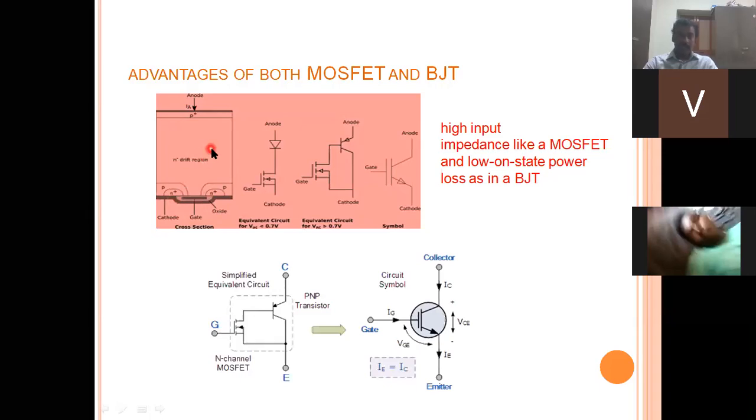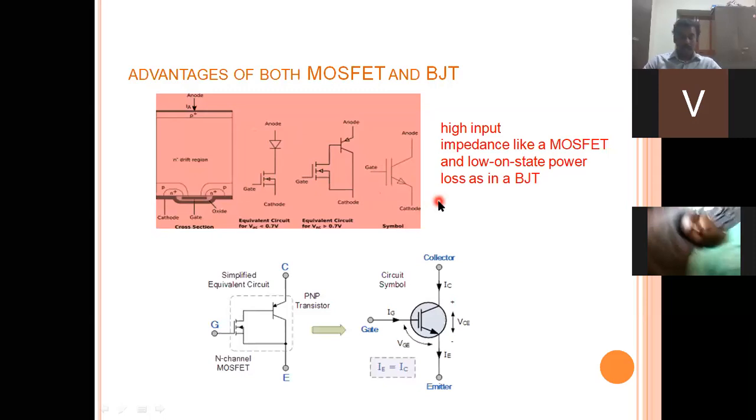So in the case of this IGBT, you are going to have two n layers. To these two n layers, you are going to have normal moderately doped p layers, an n minus drift layer, and a heavily doped p layer. To this heavily doped p layer, you are going to have the anode connected, and you are going to have the gate and cathode. So these are nothing but the equivalent representations for the IGBT.